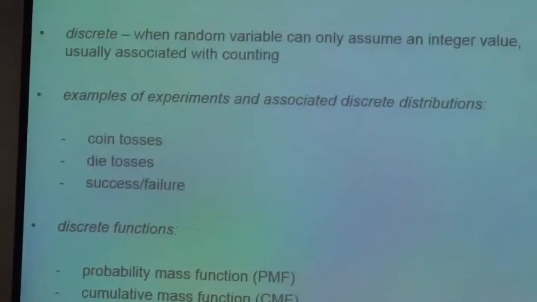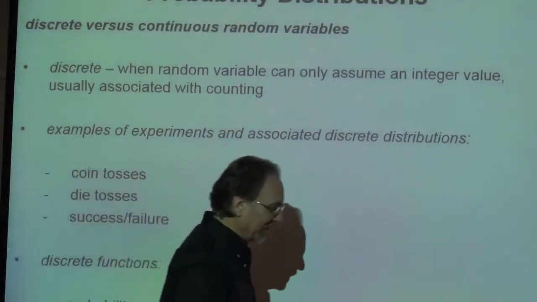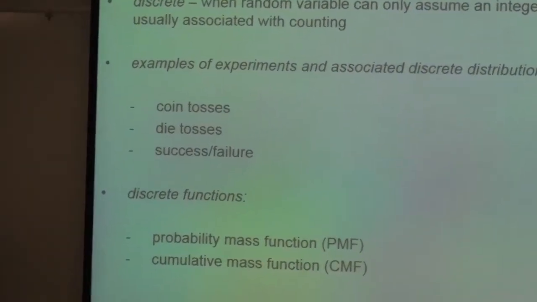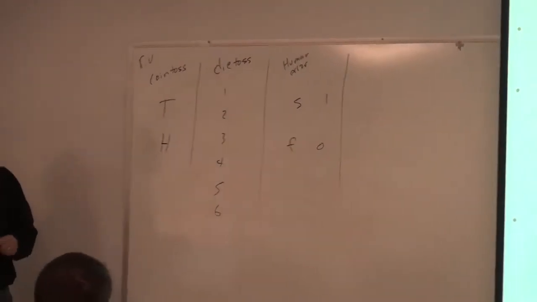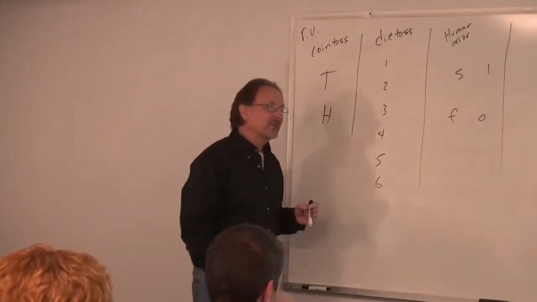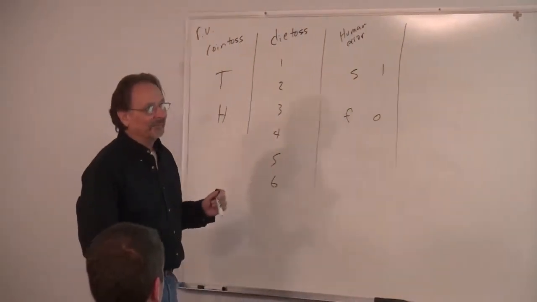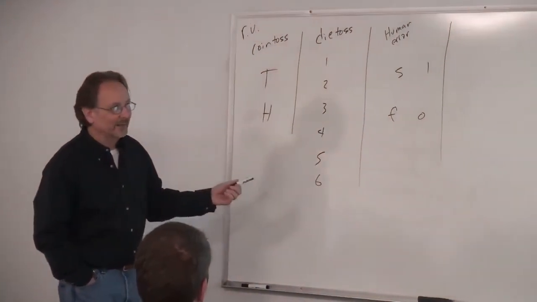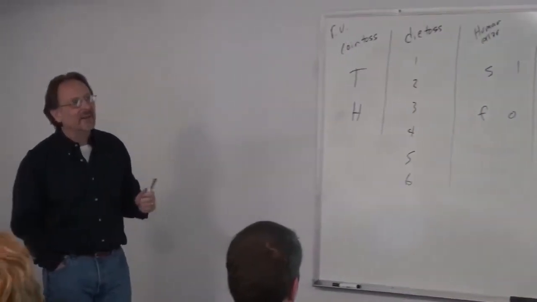I already talked about discrete versus continuous, but something like a coin toss, or a die toss, or a shuttle launch, for example, or human error, are discrete. They're discrete because it's either a success or a failure, a crash or a safe landing, and there's nothing in between. And for a die toss, it's either 1, 2, 3, 4, 5, or 6. There's nothing in between. You can't get a 1.5. Coin toss, it's either a tail or a head. You can't get anything other than that.